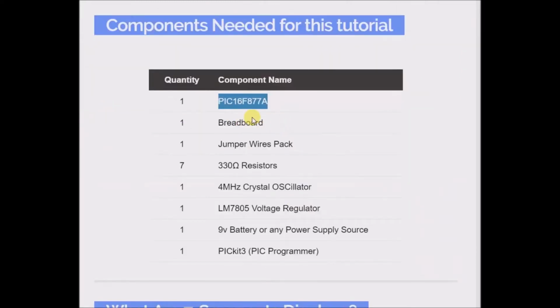Then a breadboard, a jumper wire pack, 330 ohm resistors, 4 megahertz crystal oscillator. I watched some other PIC programming videos that were sort of suggesting that a 4 megahertz oscillator is not entirely critical. They were setting up the RC option, resistor capacitor. Seems to work fine, but anyway, 5-volt regulator, 9-volt battery or any power supply source,